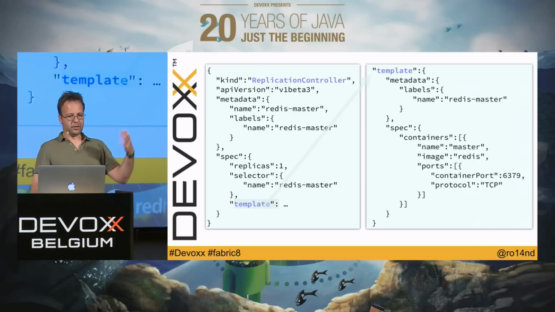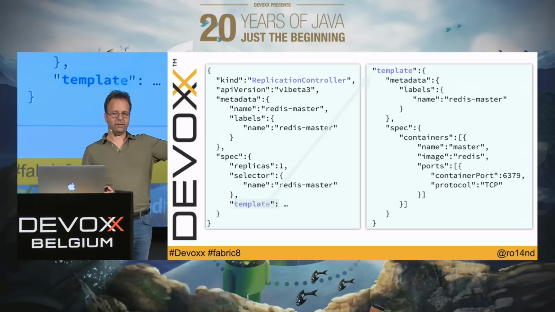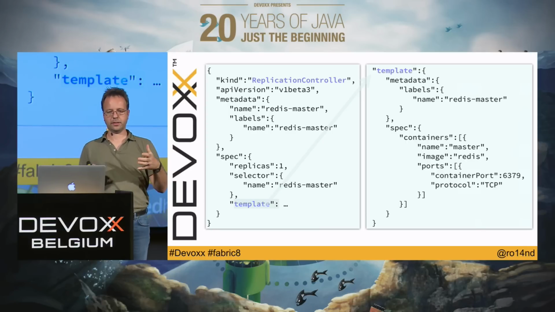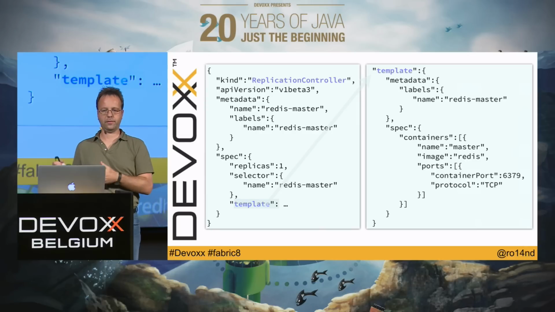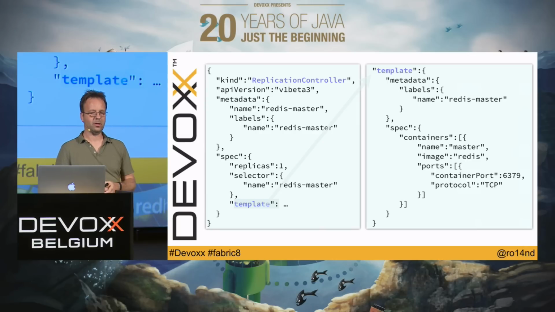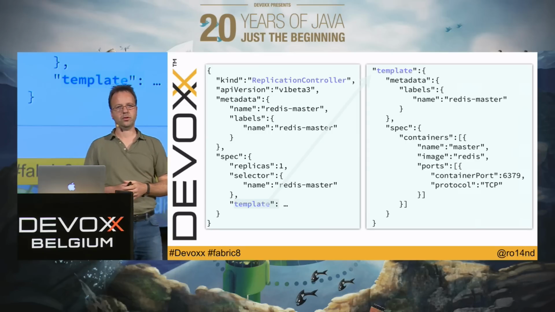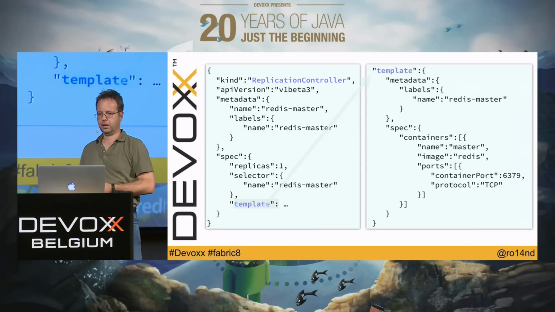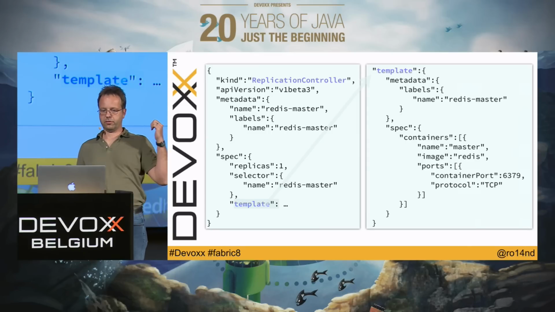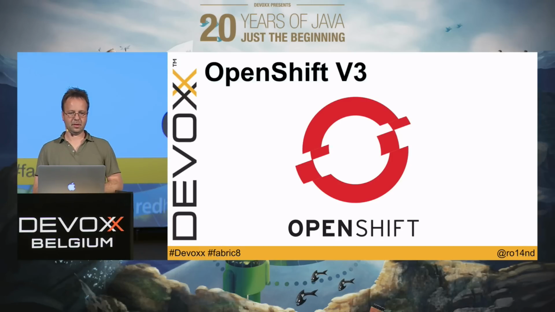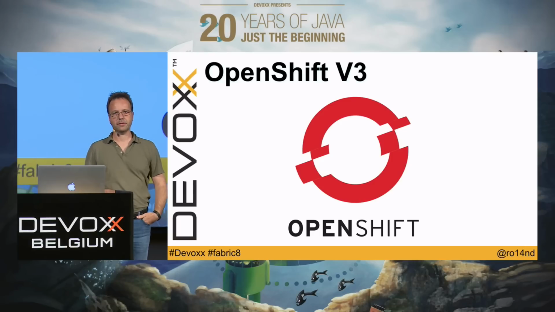You see these objects are somewhat generic, so you have a kind or type, which is different, of course, for a replication controller and for a pod. And then each object has different properties. For example, the replication controller has a template property which describes the pod this replication controller should create. Okay, I just want to say that writing this by hand can be done, but it gets long quite fast. Okay, this was now Kubernetes.